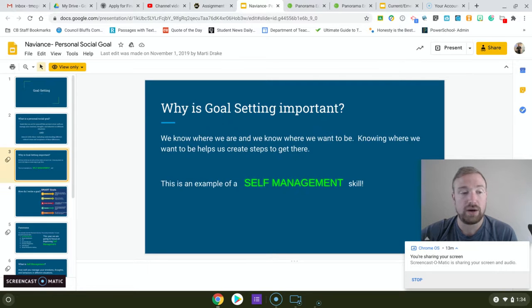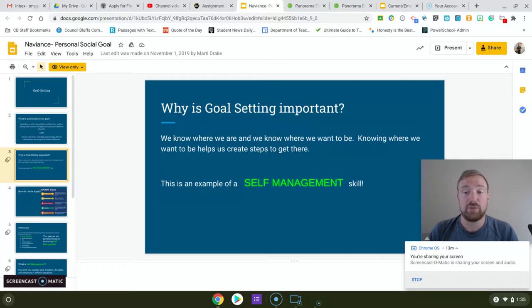We also talked about why goal setting is important. We talked about how knowing where you are and where you want to be, and trying to fill in what's in between, where we are and where we need to be, and how eventually we get there. This is a great opportunity for students to get some practice with the self-management skill.